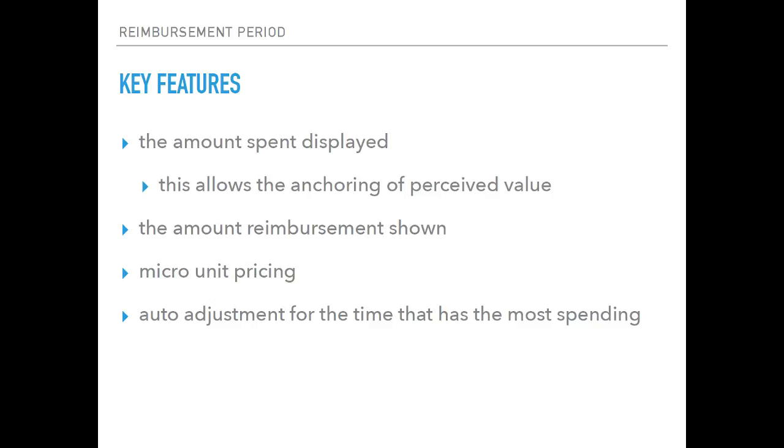It depends on the service, but you want to break it down into very micro unit pricing, because not only do you have the benefit of being able to min-max better, you also have the pricing benefit of breaking down a big cost into small units so that it breaks down the